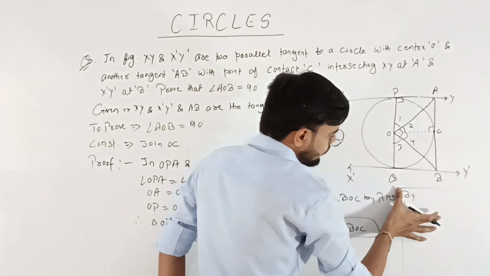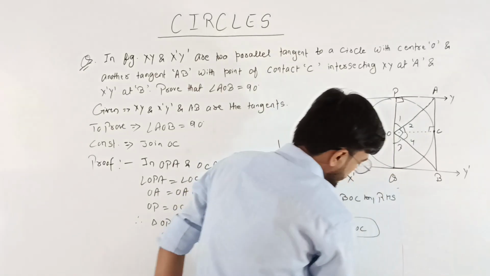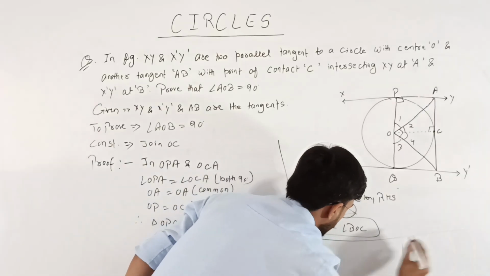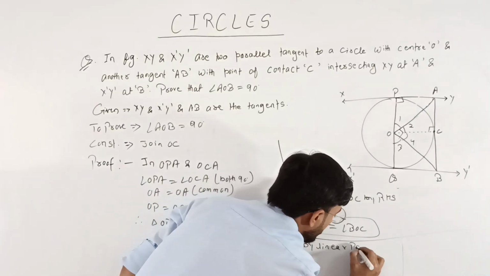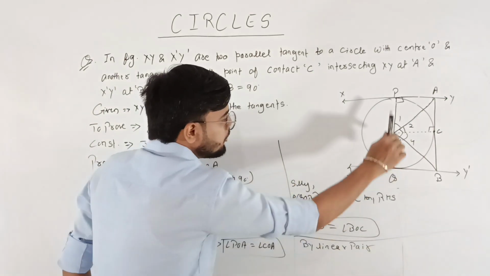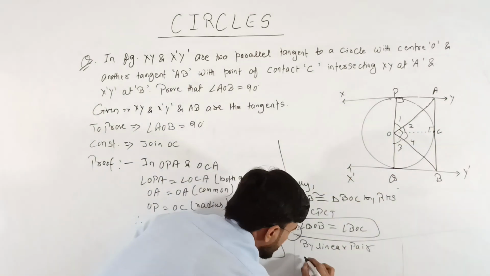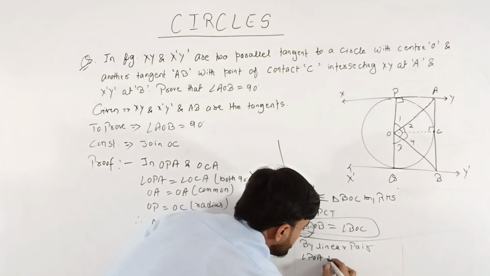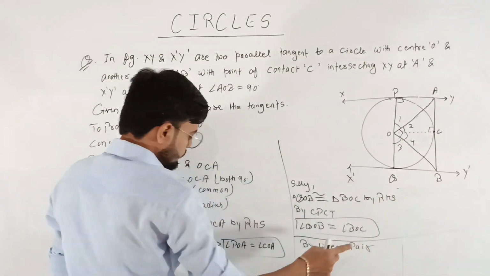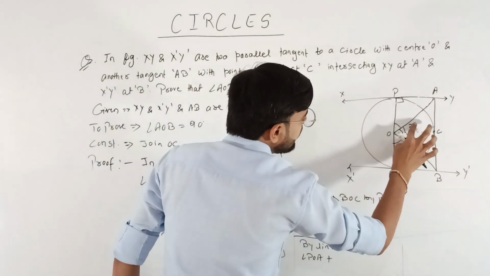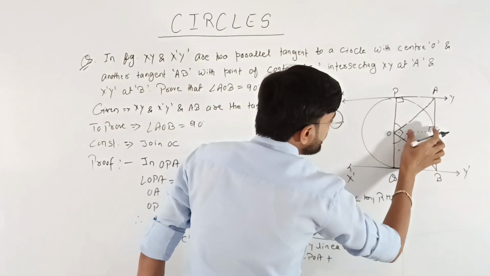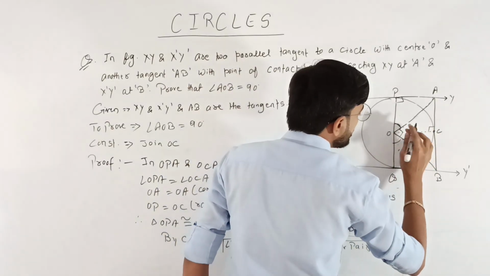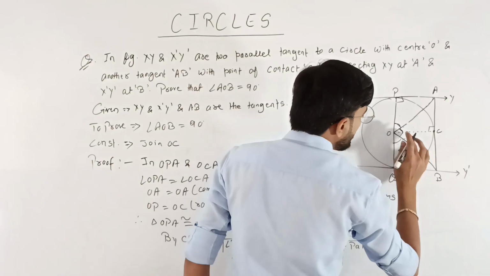Bilinear pair, no, right here. Then by linear pair, angle POA plus angle COA. Okay, angle POA plus angle COA. I make it properly. This angle is equal to this angle, and